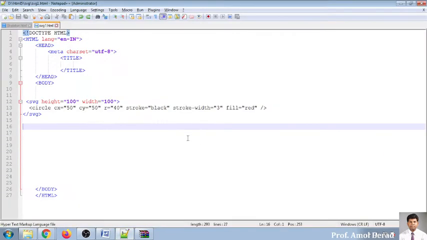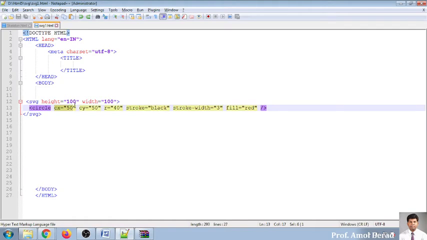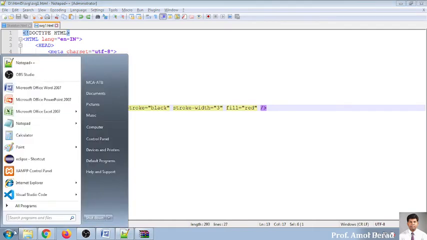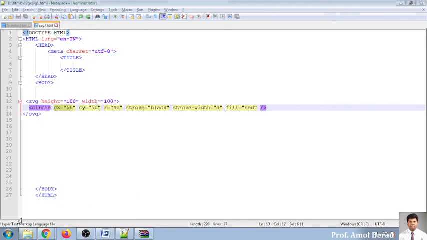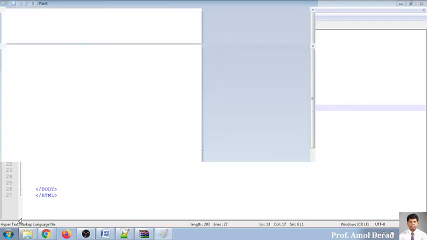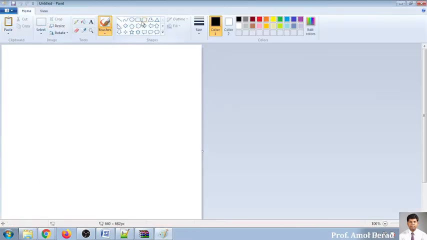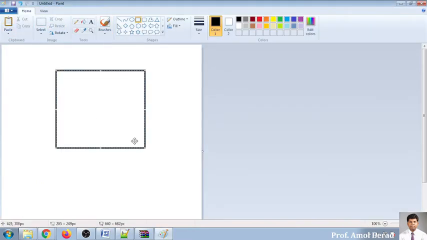Now this is what the circle is, and a circle requires 3 coordinates. Starting point: I want to show you in Paint. Whenever any circle is drawn, the exact center location is not defined. So I will tell you where we have to start. Now assume that this is our SVG. Okay. And we have to draw a circle at the center, just like this one. What I require is some basic coordinate, that is a center location.